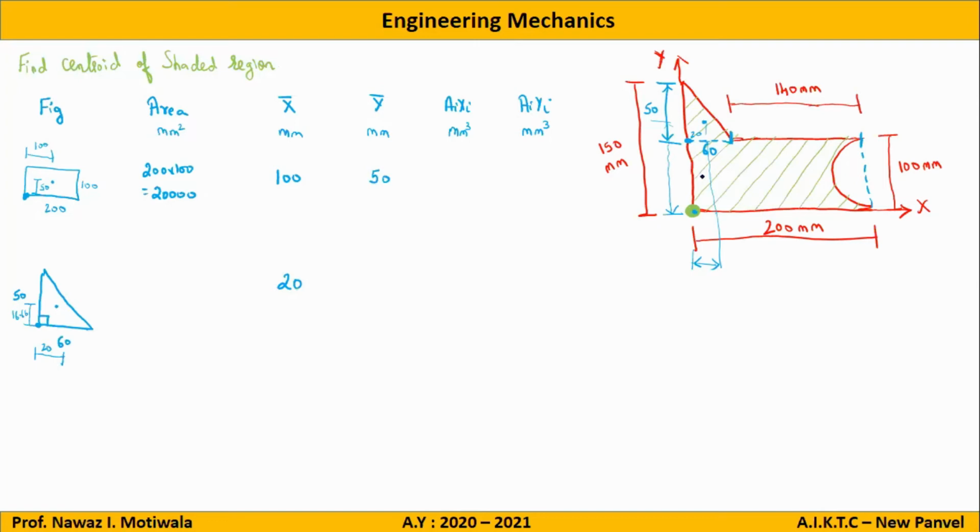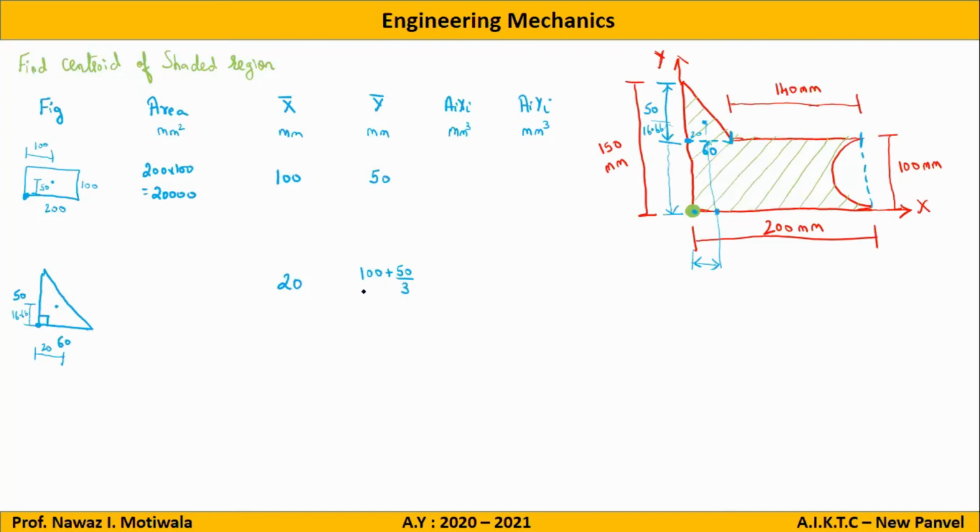Now, regarding y bar. Y bar means now I am here. I want to reach from this point to this point. So first I need to travel from here to here. So it will be a rectangle of 100. So this height will be 100 plus this height. And what is this height, from here to here? Here we have already found out it is 50 by 3, 16.66. So the total height from here to here will be 100 plus 50 by 3, or you can directly write 100 plus 16.66.